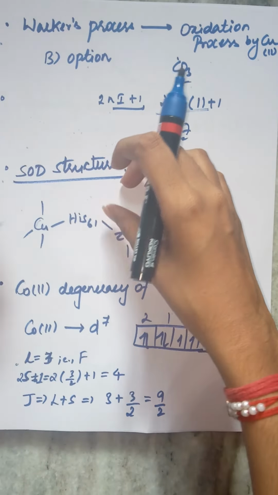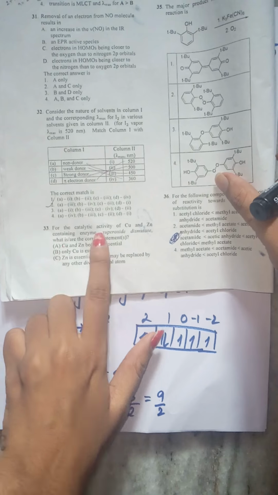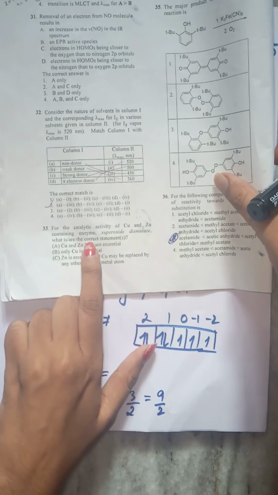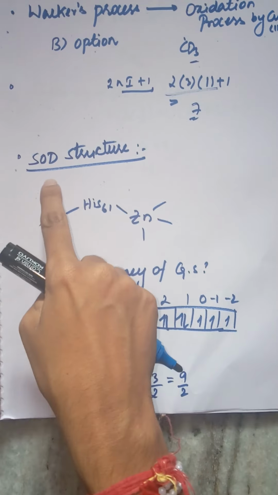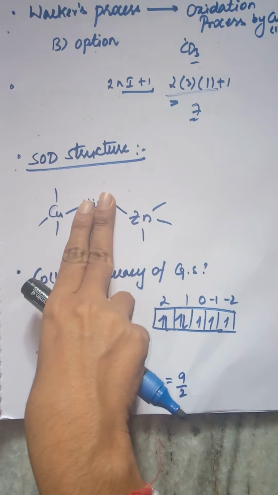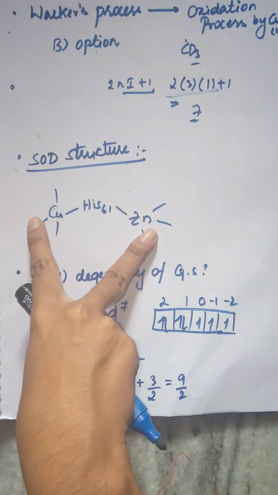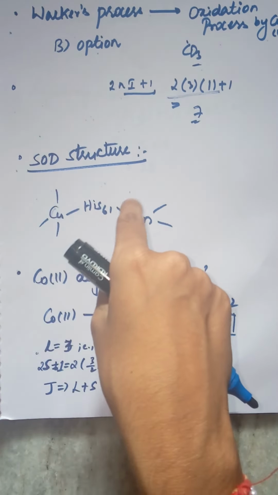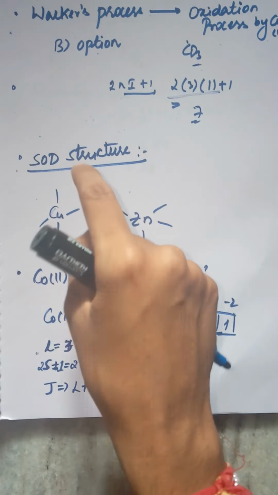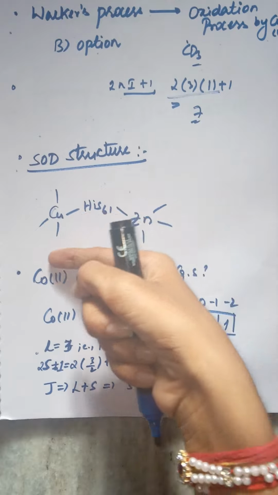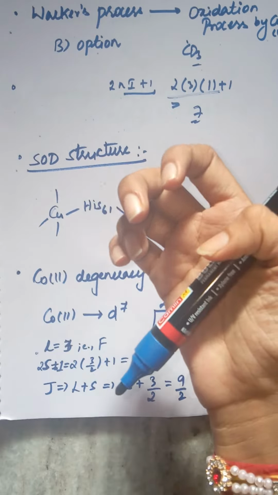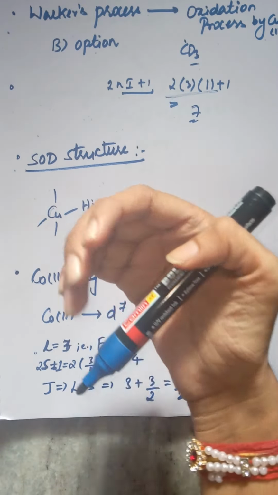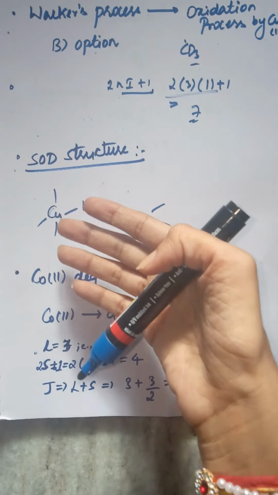Okay, so this particular question is about the catalytic activity of the copper and zinc containing enzyme superoxide dismutase, and which of the following are correct statements. In the SOD structure, all the histidines will be present and one is the bridging histidine. Superoxides are being generated in our body, so to inhibit them we have to take in this SOD in some mineral form. The most important one acting against superoxide is copper.